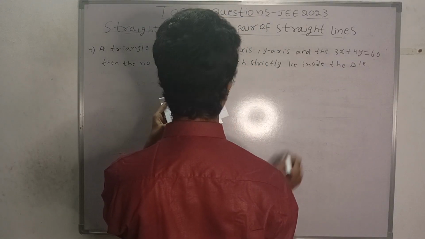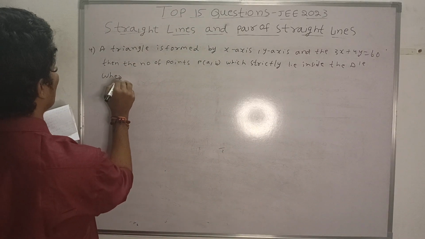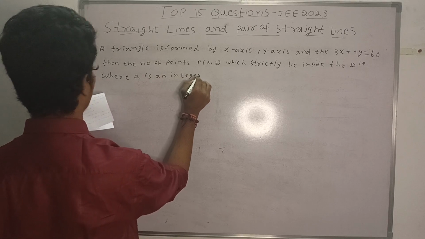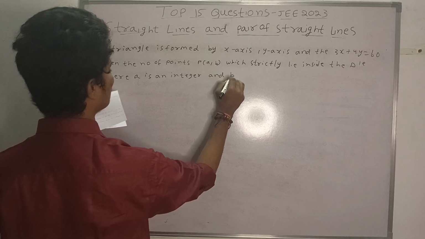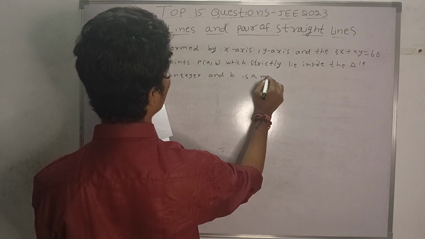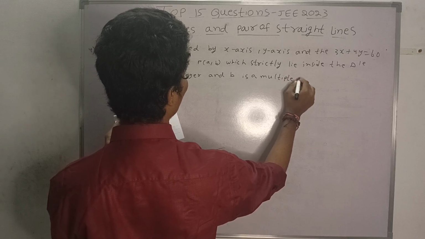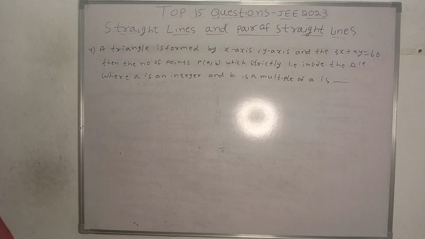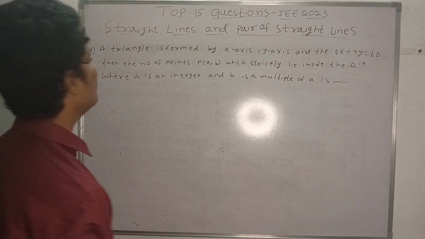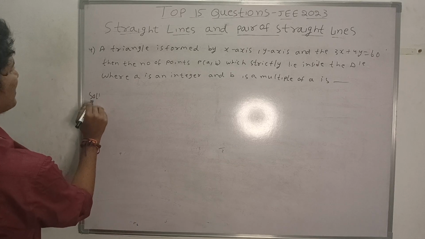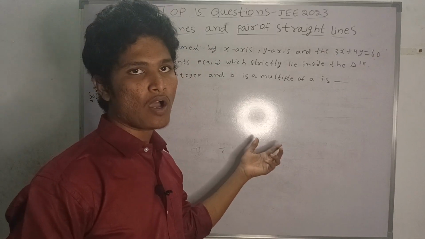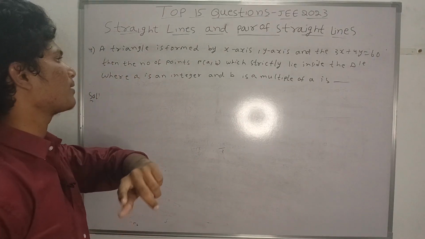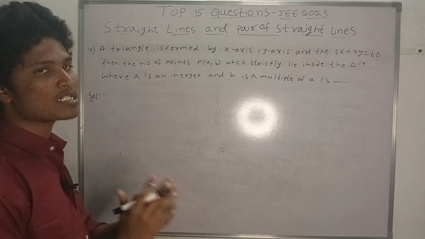Lie inside the triangle, where A is an integer and B is a multiple of A. Basically, this is a numerical type answer, so you have to report the answer here, numerical. So basically I can write directly on the board, but I am dictating the question. The reason is, when I dictate and when you hear the question carefully, you will get lots of opportunities to